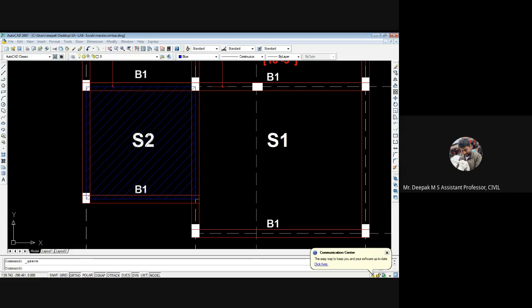Now check for crack. The steel provided should be more than the minimum steel and the spacing of the main reinforcement not greater than 3 times the depth of the beam. Diameter of the reinforcement should be less than d by 8, less than 12. So it is 8 mm only we have provided, hence it is safe against crack.